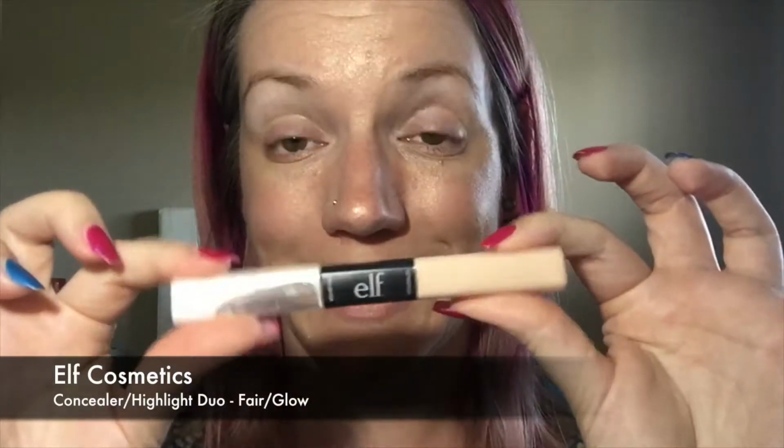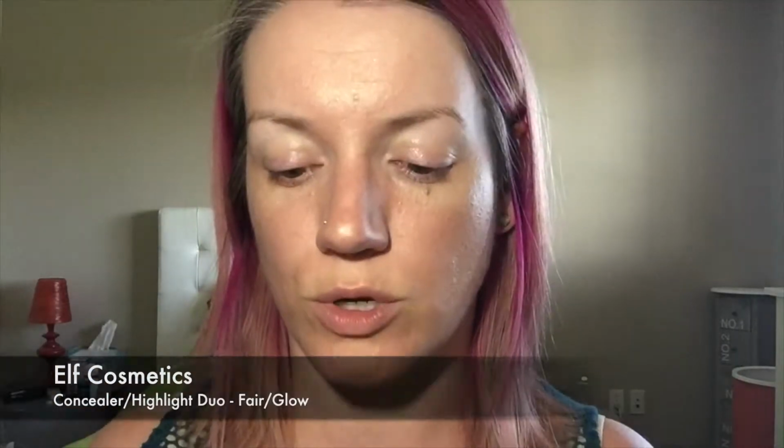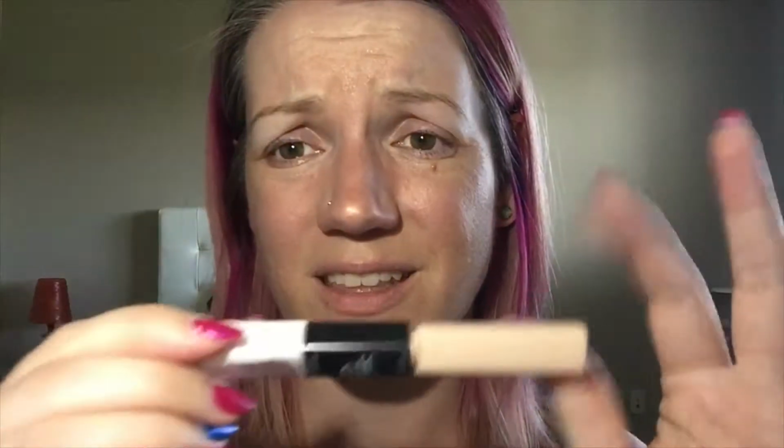I'm gonna change it up. I am going to switch it up. I was going to use my Hard Candy Glamouflage, but I don't really feel like full coverage. So my e.l.f. Highlight and Concealer Duo, I think this is Fair and this is Glow. I think that's what it is. But anyways,